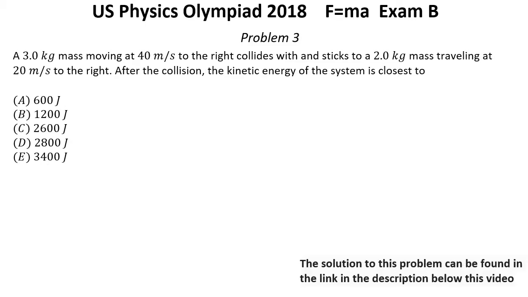Problem number 3. A 3 kg mass moving at 40 meters per second to the right collides with and sticks to a 2 kg mass traveling at 20 meters per second to the right. After the collision, the kinetic energy of the system is closest to: